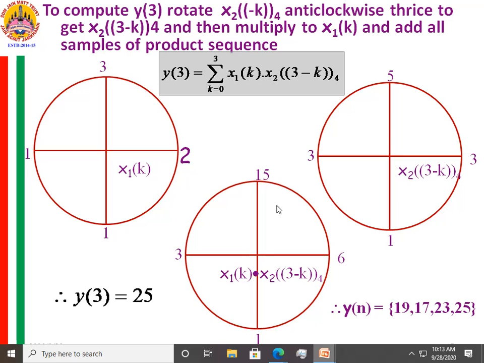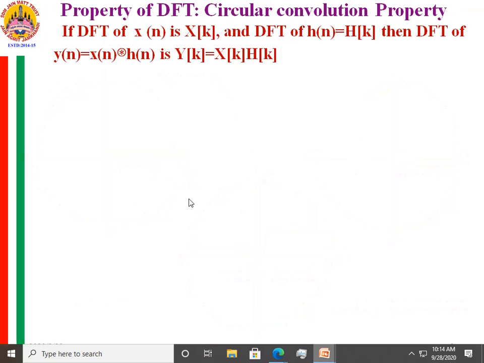Every one of you got this? Do you have any query on finding the circular convolution by means of this circular approach in time domain? If no answers, I hope that you have all got this and proceed ahead with how to obtain circular convolution